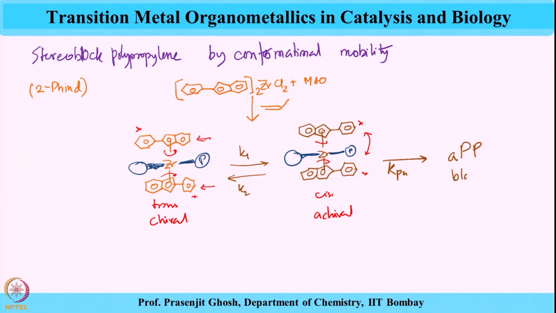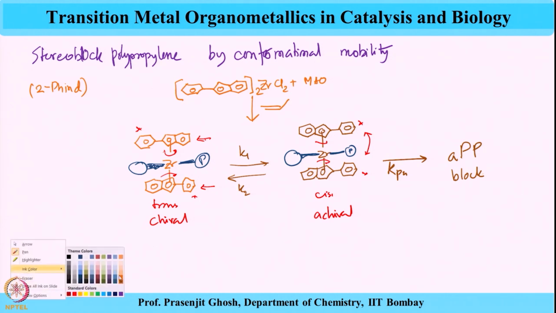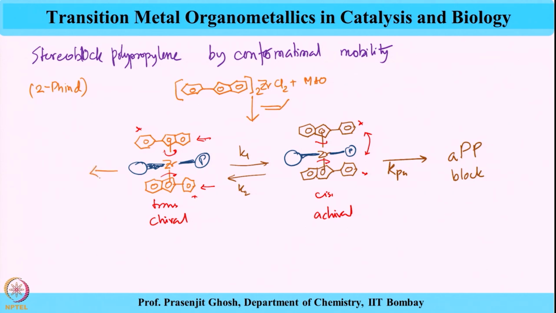So, an atactic block of polypropylene is obtained, and when the polymerization occurs in this conformation, K P I, then an isotactic polypropylene block is obtained, and as a result the overall polymer which comes out of this is